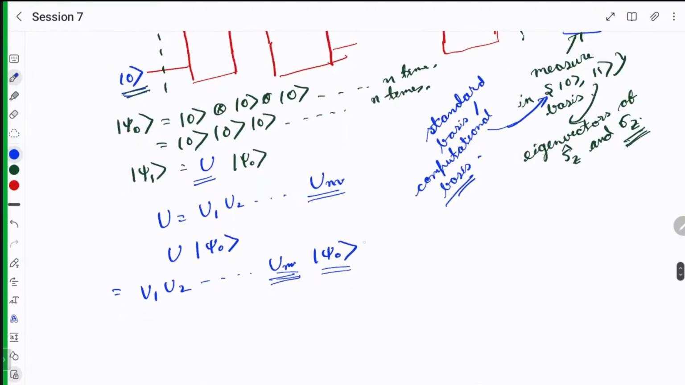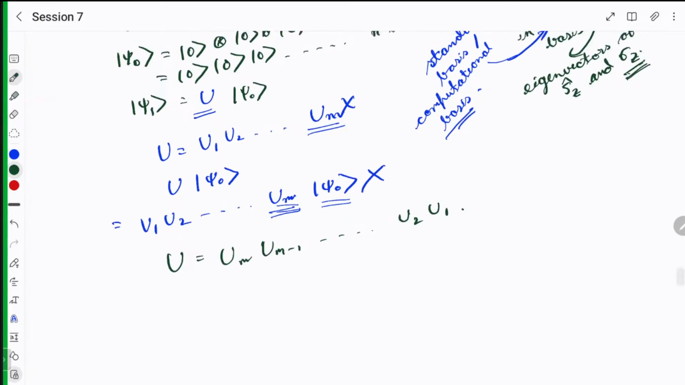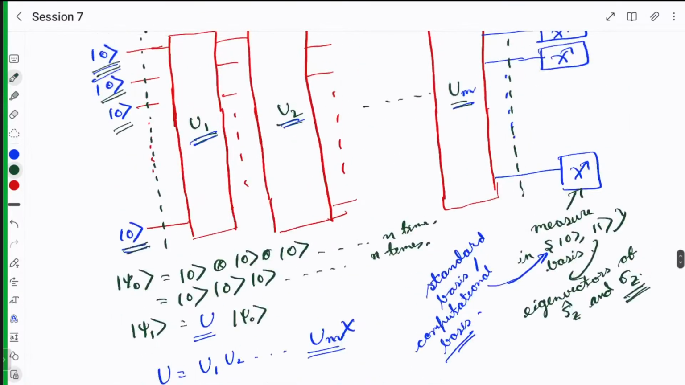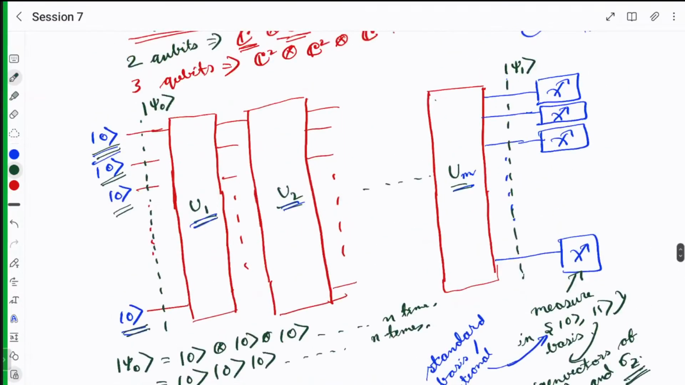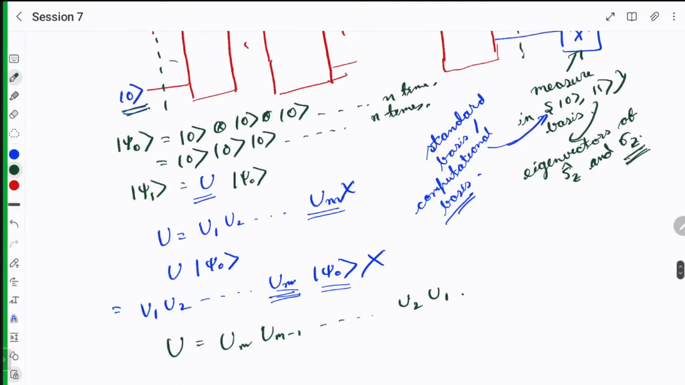So this will not be U. Now can you tell me what U will be? Right, it will be UM minus 1 and so on up to U2, U1. So this is what the total unitary would be. So instead of writing this whole circuit, you can just equivalently write